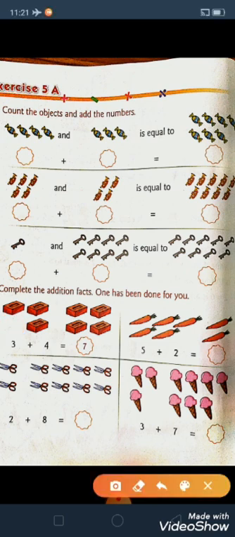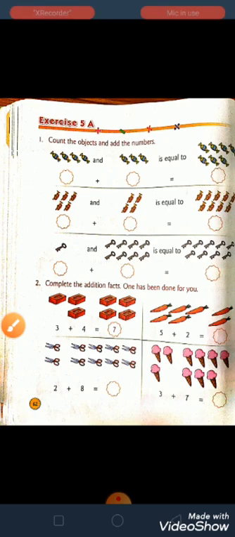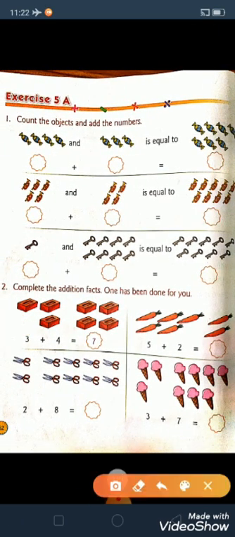Okay, now these are keys also here. So look at here children, only one key is there, and here 1 2 3 4 5 6 7 and 8. So we should write 8. Now 1 plus 8 is equal to what? 1 2 3 4 5 6 7 8 9. 9 keys are in total. Here the numbers have already been given, we only need to write the answer.